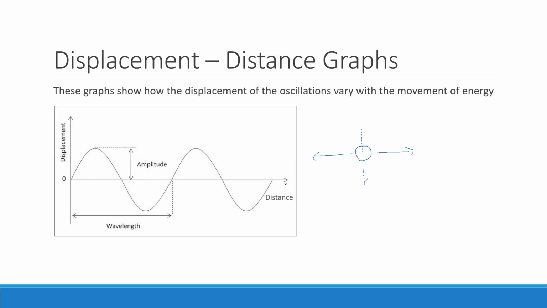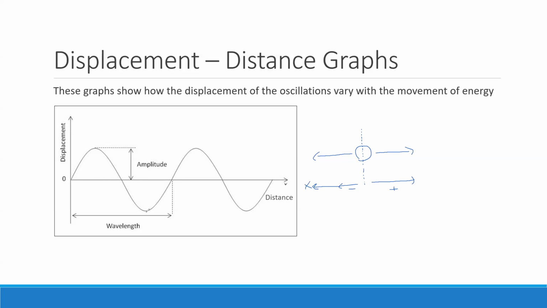As it's vibrating to the right, it has a positive displacement, because we always say right is positive, although that's not always the case. In your exam, they might make the right negative. You're just going to have to look and discover. But if they don't give you any information, then you always assume right is positive. Likewise, when it starts to vibrate to the left, it has a negative displacement, up until it reaches this point here, where it has maximum negative displacement.